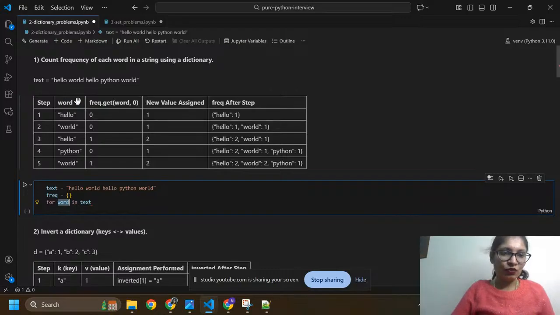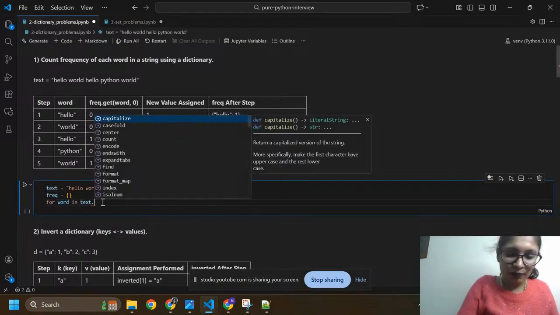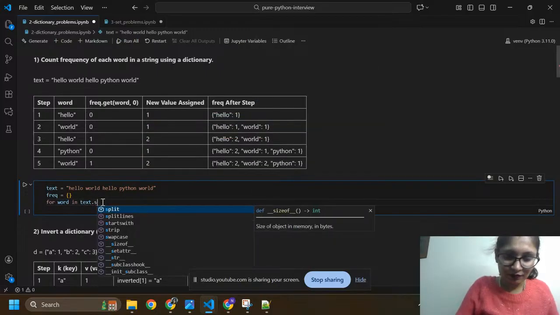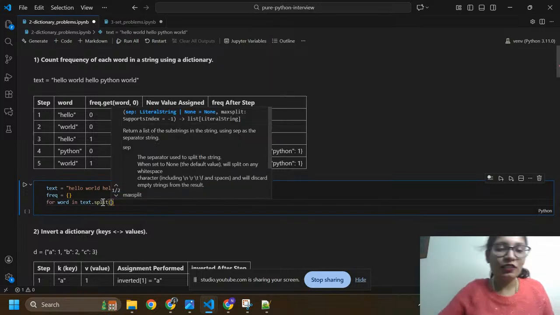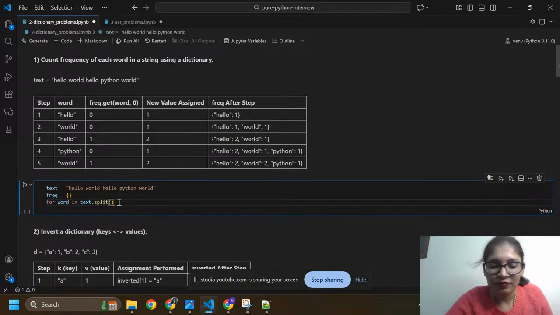So we are going to take word equals to hello, word equals to world, word equals to hello, word equals to Python, word equals to world. Okay, from text here, for word in text.split, it means it will split into a list. Okay, I'm giving you an example. It will split a word like this: